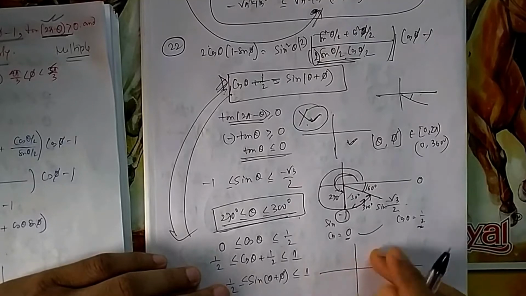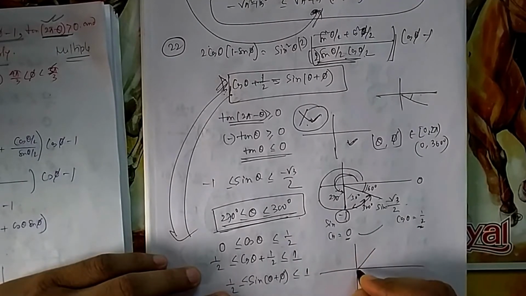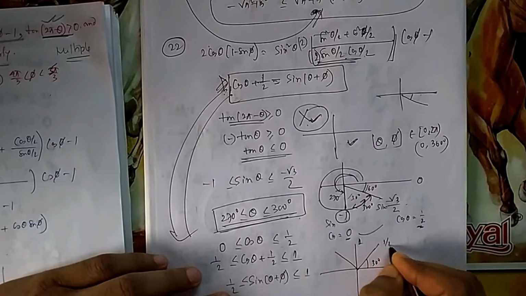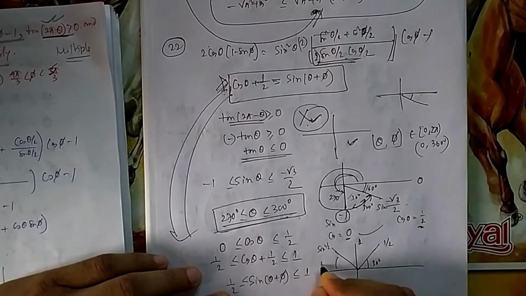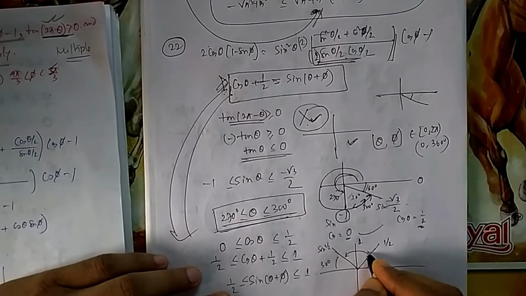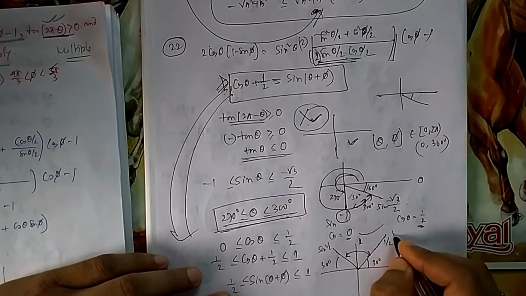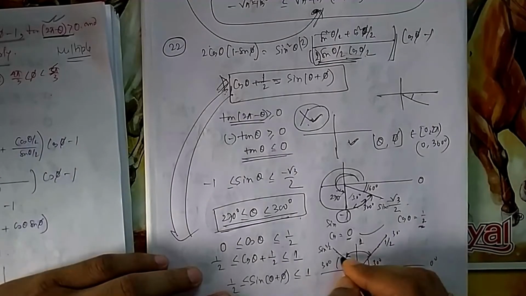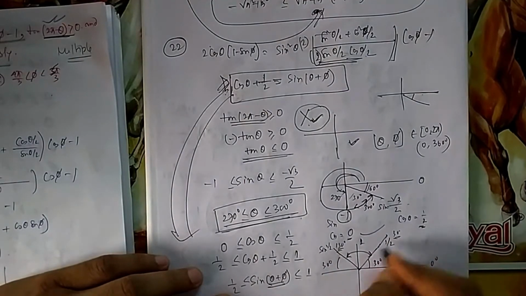Okay. So for sine, both are positive. It can be here and here. And 1 is here. And half can be, if it is 30 degree, sine can give me half here. Sine can also give me half here. This is also 30. So the answer will be from here to here. My theta plus phi can lie between here to here. This angle is 30 degree if you start from 0, and this angle is 150 degree. That means your theta plus phi will lie between 30 to 150.